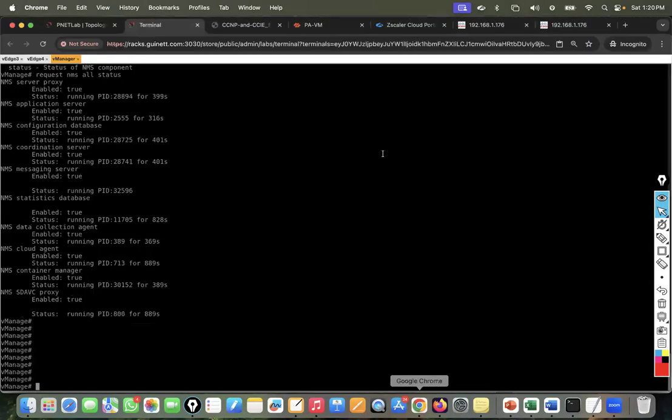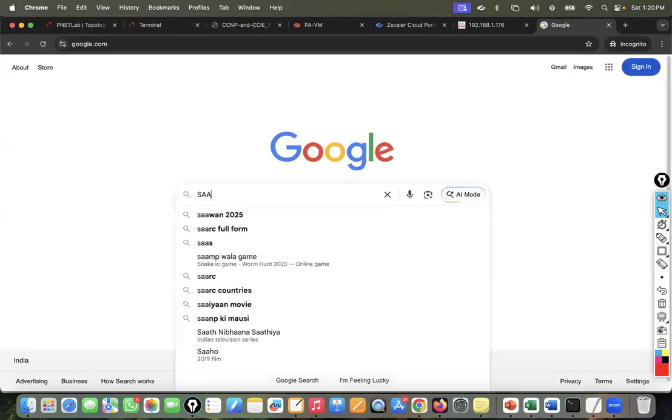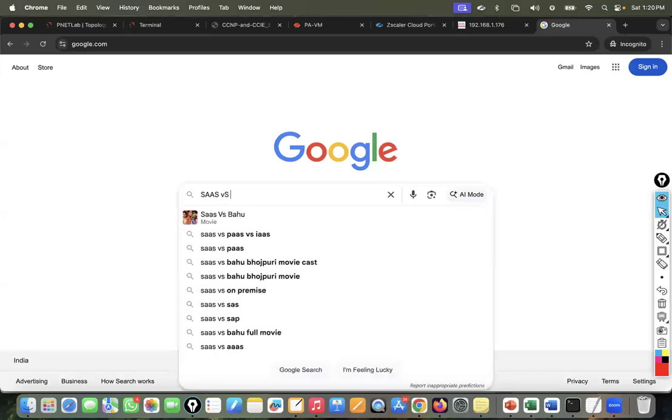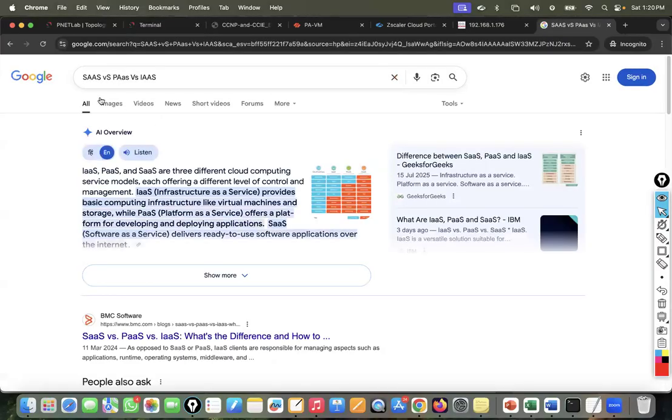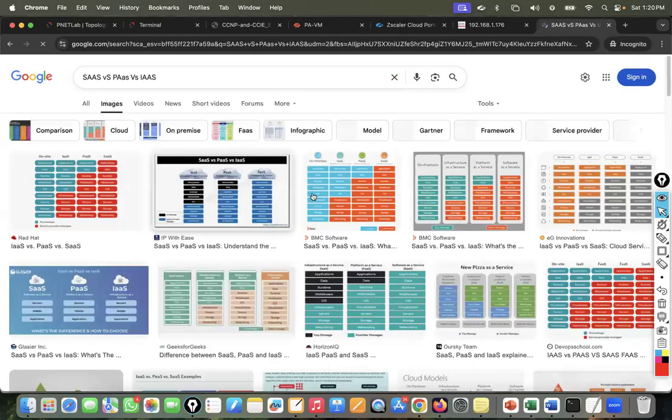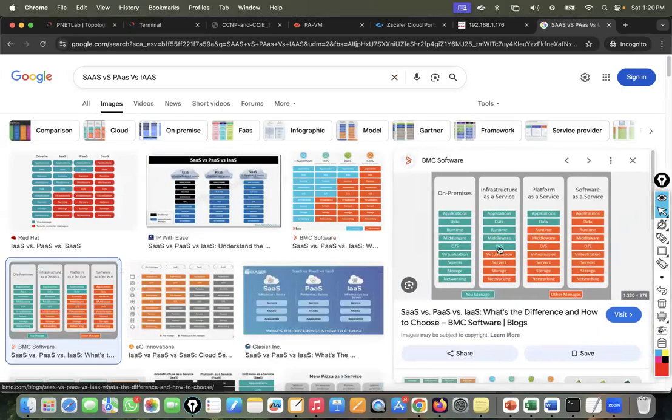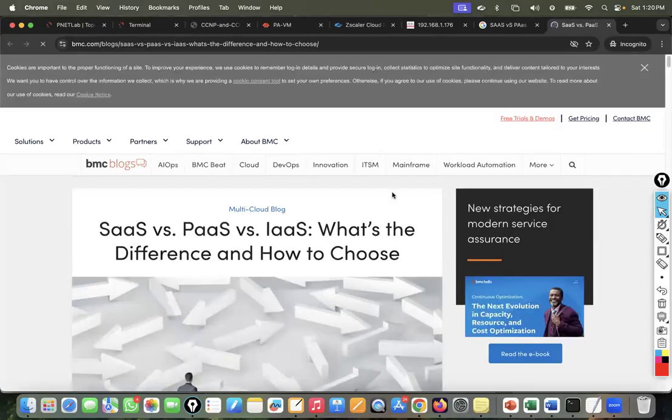Meanwhile, if you want to learn what is SaaS, what is PaaS, what is IaaS, I can just explain it here. SaaS versus PaaS versus IaaS. So you go in the image, you're going to find that. Whenever you go for any kind of these cloud-based services,